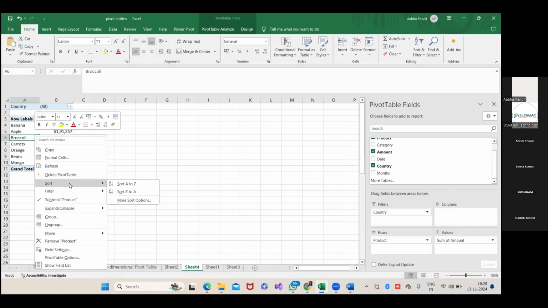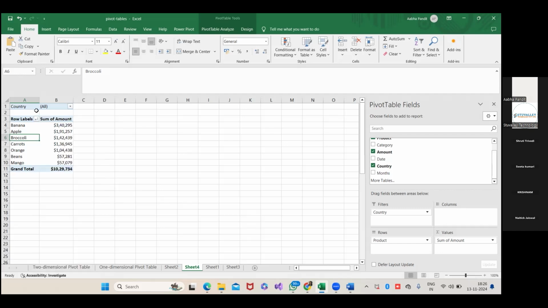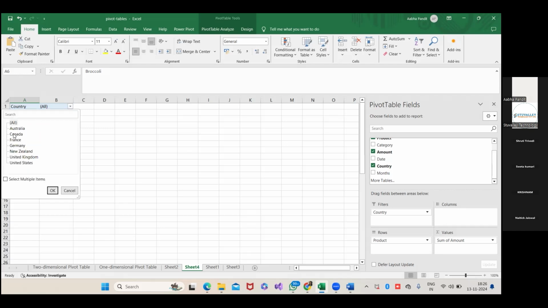Okay, then we can also apply the filter to the pivot table. How are we going to apply the filter to the pivot table? So if you see here, we had already added a country field. अभी country field की बात ही नहीं करी है. Okay, अभी country field we can basically filter out. We can filter this pivot table by the country. So for example, which product do we export the most to any particular country? So let's say I can have it, say Canada.